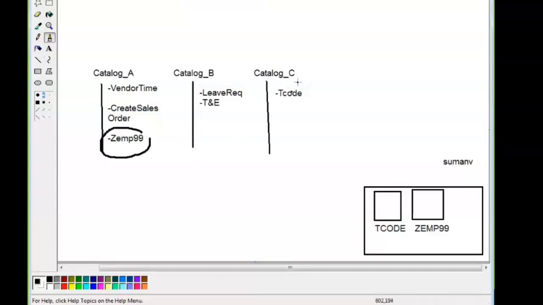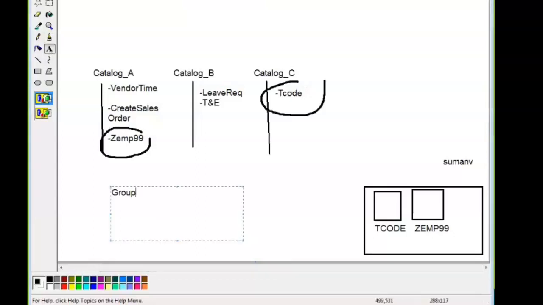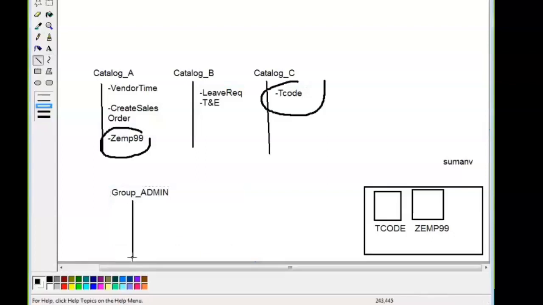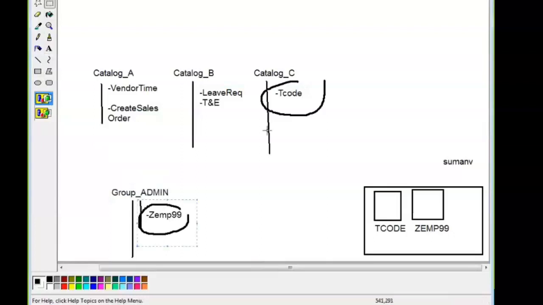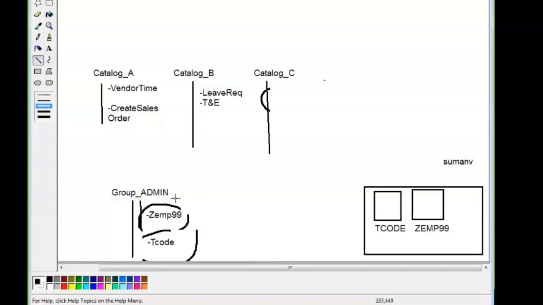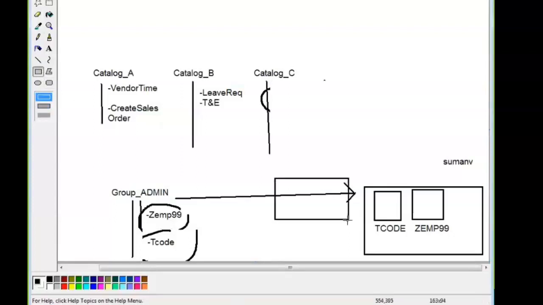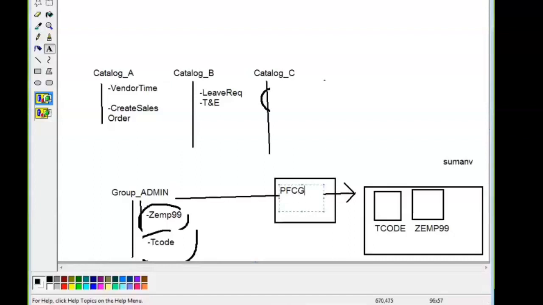I cannot directly pull this and assign it here. For that, I need a group to be created. Let us say group admin. Now, to this group admin, I am going to pull this ZEMP99 from catalog A and the key code from catalog C, and assign this to the user, not directly but through role matrix called PFCG, which comes in the 7th step.